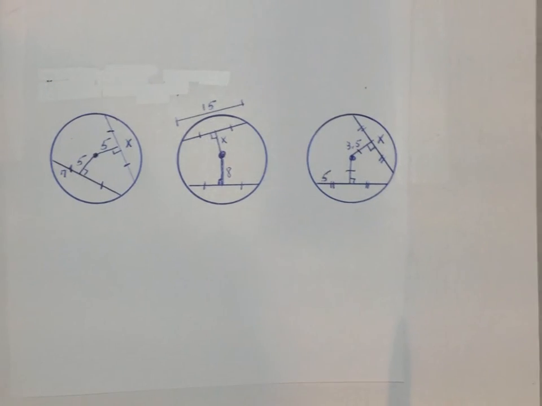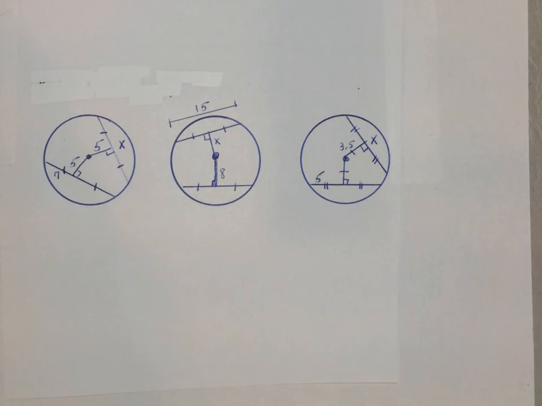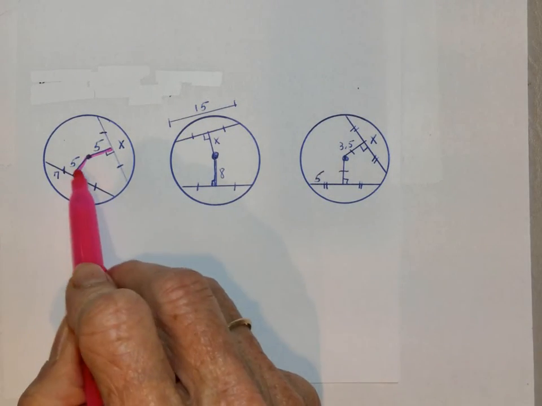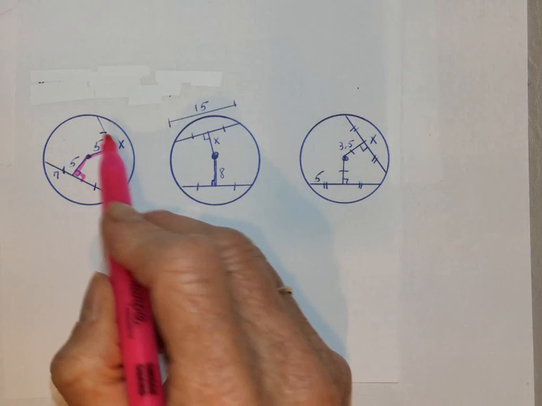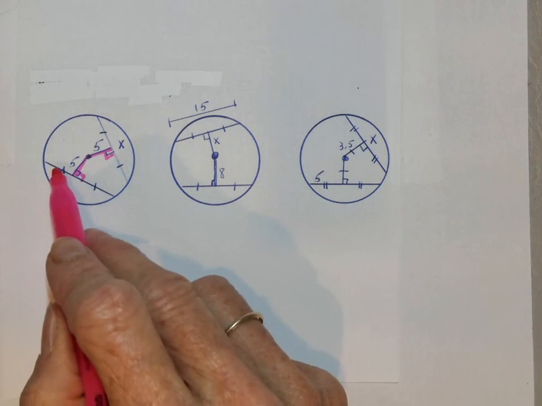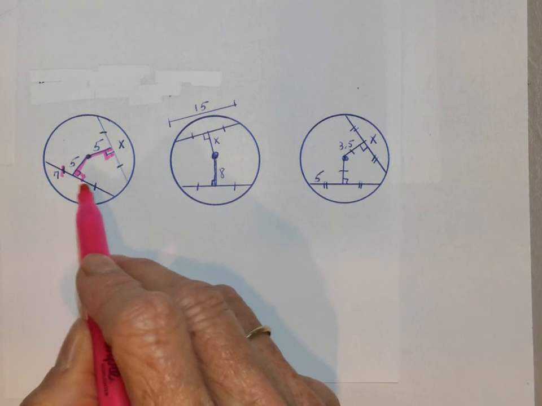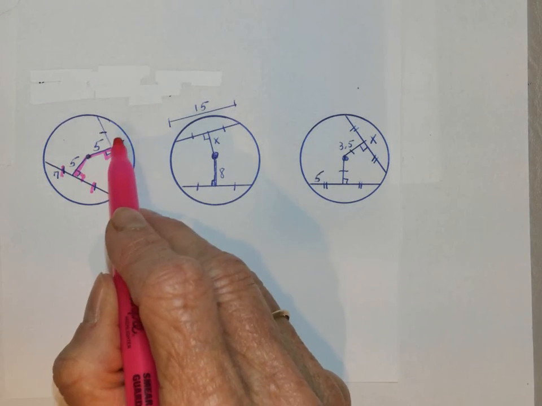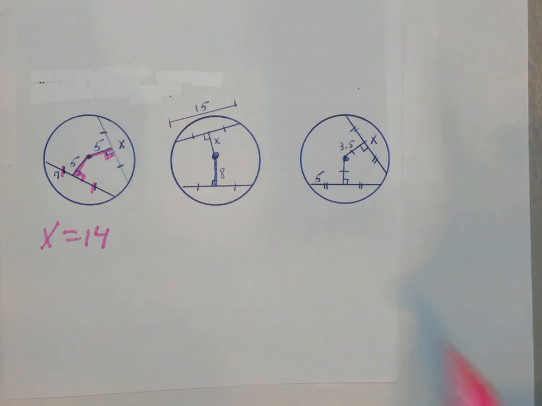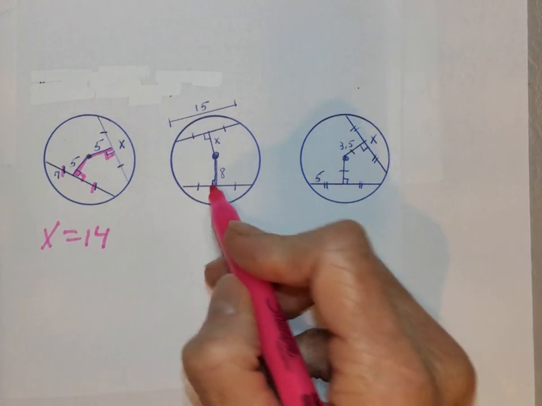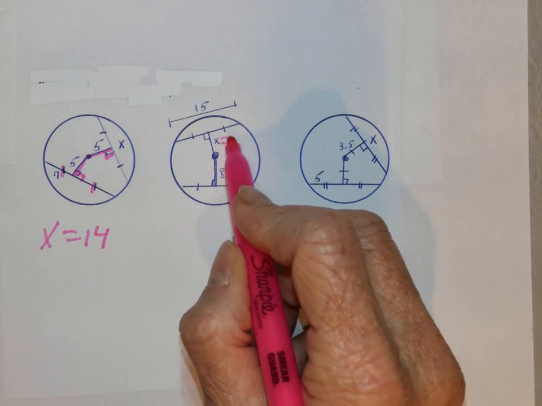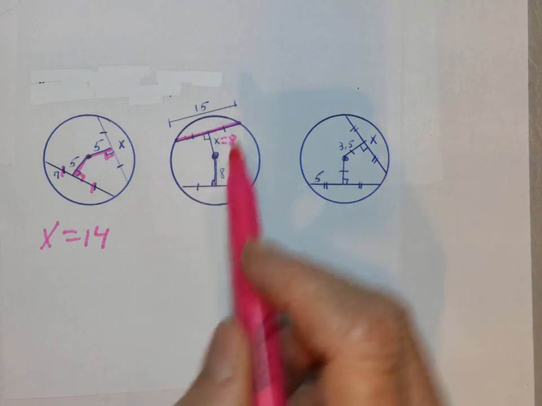Real quick on these three examples. Because we know that this segment is congruent to that segment, it's a right angle. And then these two arcs are the same measure because that is congruent to that. If this is 7, that's 7, so this is 7 and 7, so x equals 14. Good job. Now here we have right angles. So if that's 8, this has to be 8. Those two arcs are the same measure,